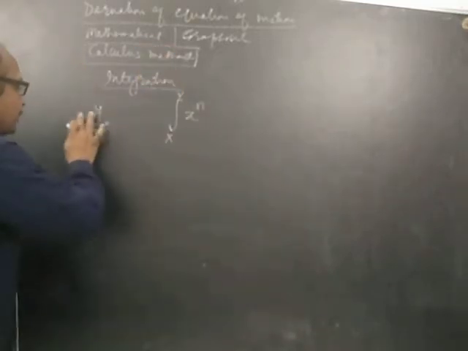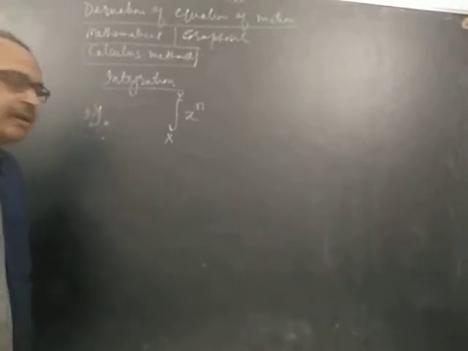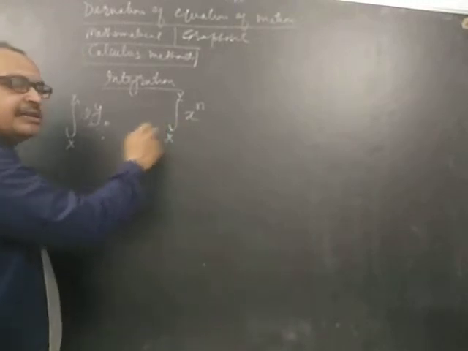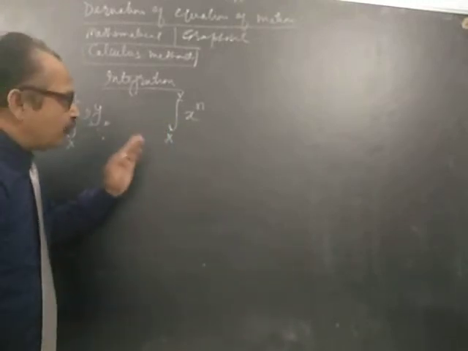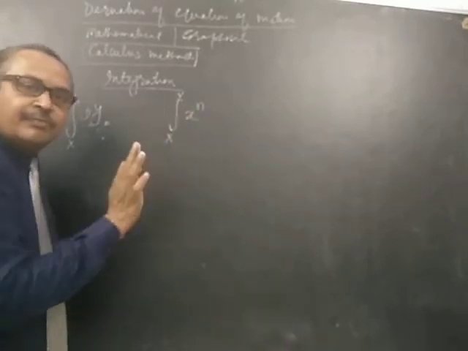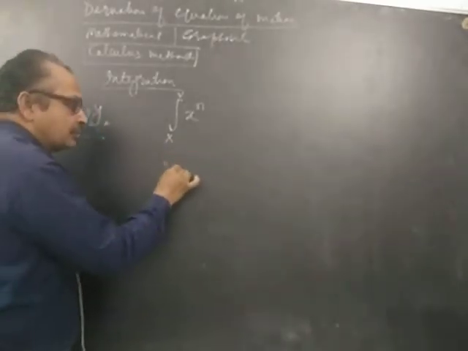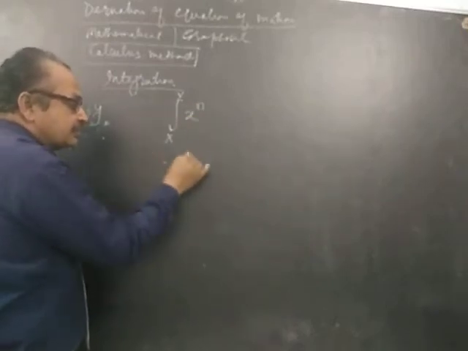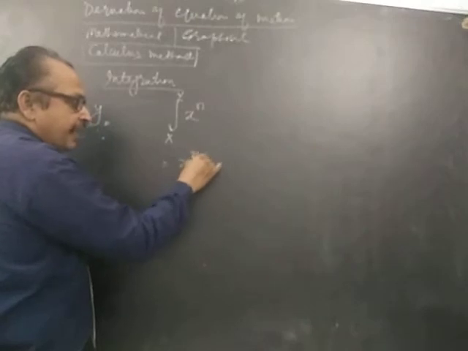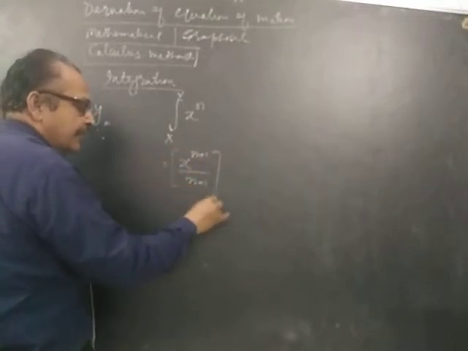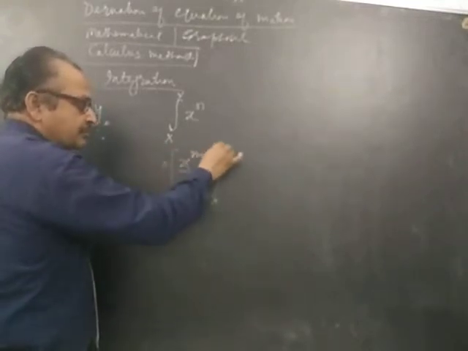Now this is the function. When I integrate within the limits from x to y, I have to integrate like this. And the formula for this integration, just remember, because you have to at least cram this: the integration of x raised to the power n will be x raised to the power n plus 1 over n plus 1, within the limits from x to